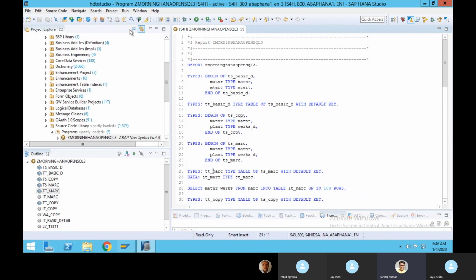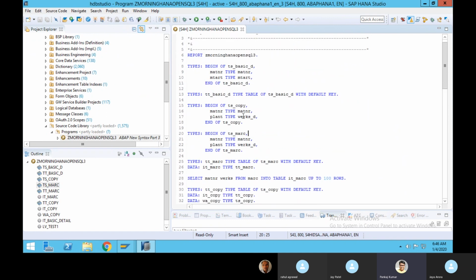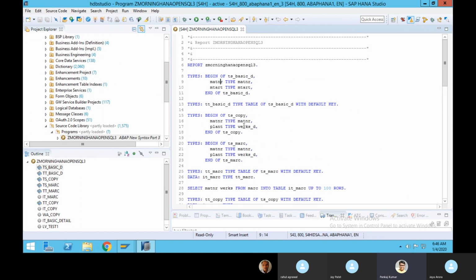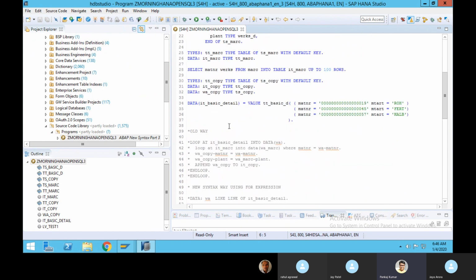There is where-used, you can see over here, which is also there in your ABAP GUI environment, right? The refresh button is over here, and here you can see show inactive version. If you want to see some inactive version, you can click over here. So this is the program which we have created and we are able to see over here.